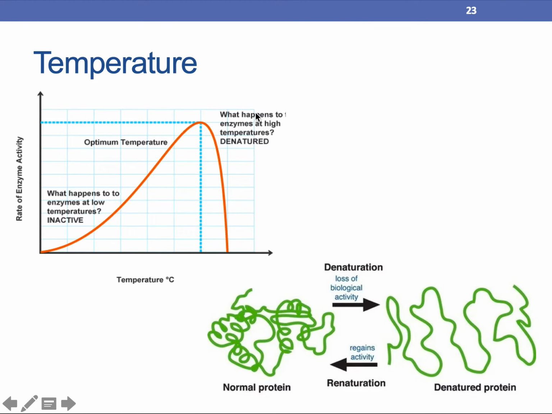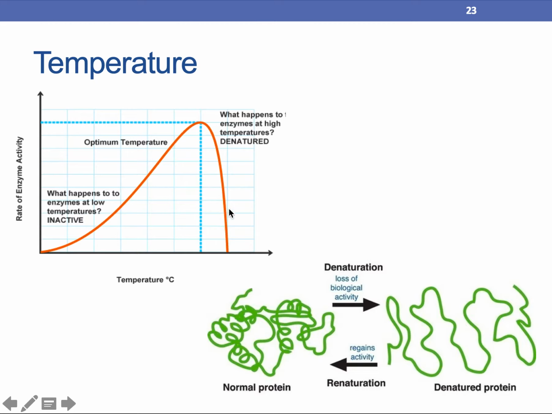So graphically, if we look at the rate of enzyme activity and the temperature, as you continue to increase the temperature, if the temperature is below a certain value, the enzyme will be inactive. But at a certain value in terms of temperature, the enzyme is active and therefore can catalyze reactions until it gets to the point where it produces the most product, which is the optimum temperature. If it goes beyond optimum temperature, it gets to a point where the enzyme will then be destroyed and therefore